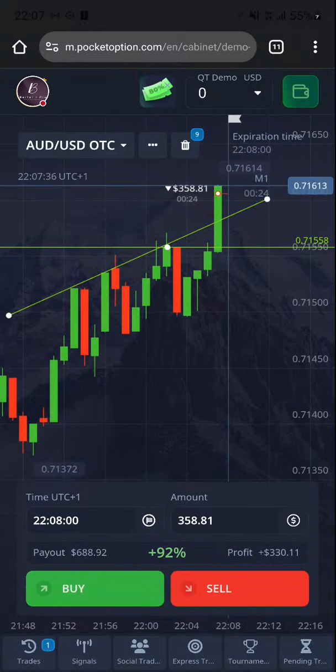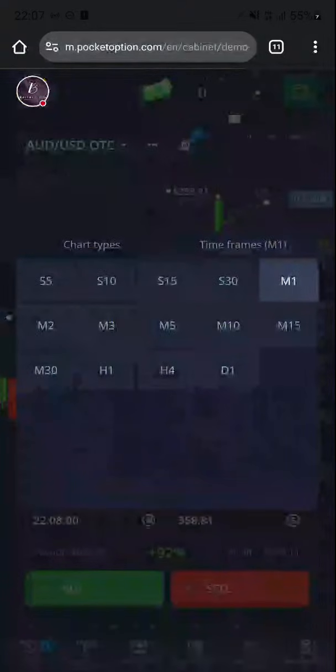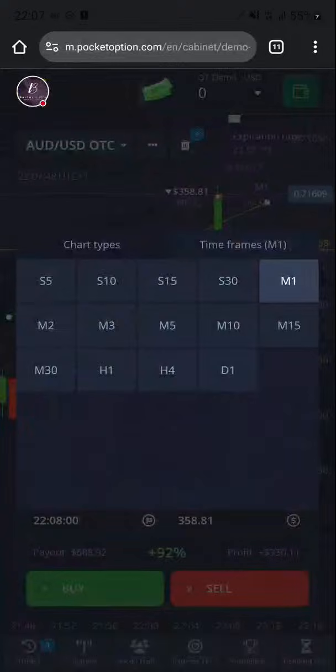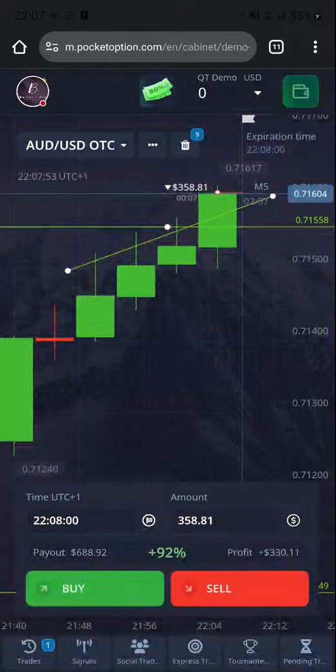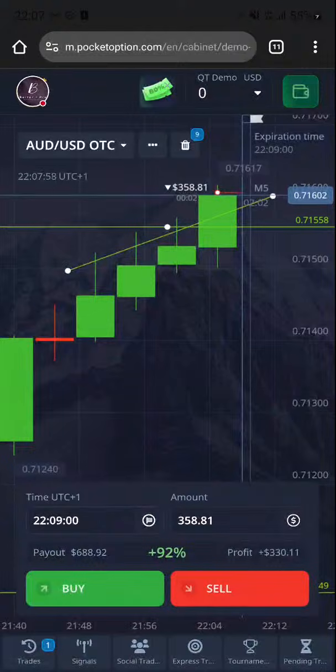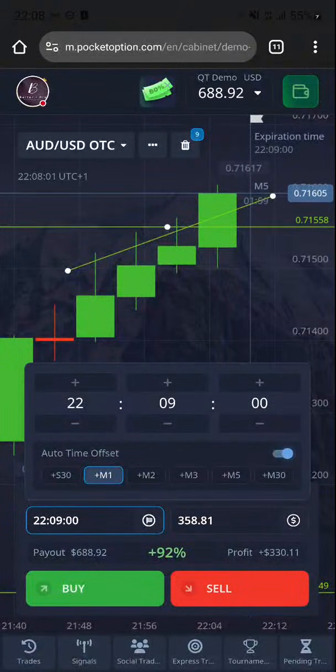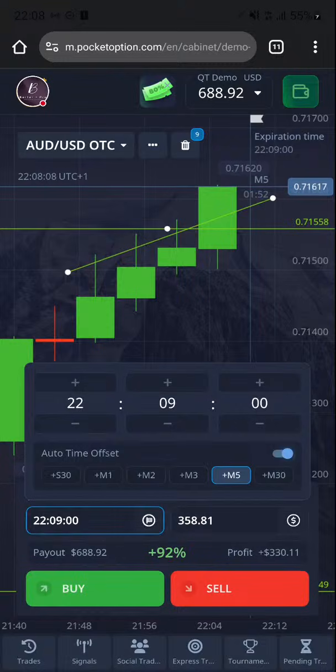I'm trying to lose this balance. Normally I'm expecting a red candle after this, but let's just see if we can lose this balance so that we can switch to M5. Over here right now, then we'll go down to this area. We switch to flag mode. So this is flag mode. We're using M1. Then in 5 minutes we're going to be using M5 over here. So what we're going to do is make sure that the minute hand here is a